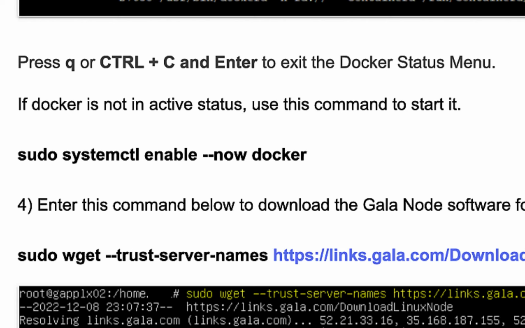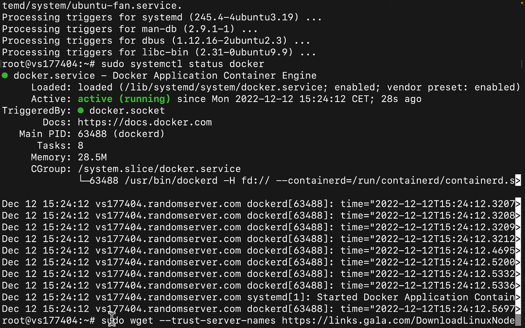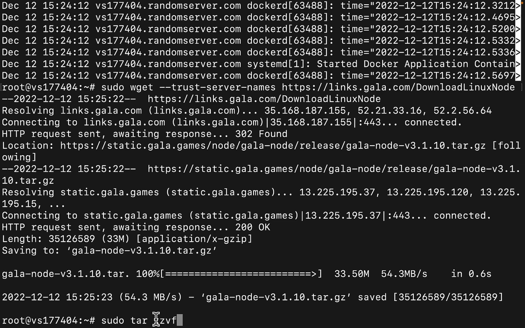Now that our Linux is up to date and our Docker software is running, it's time to download the node software. To do that, go ahead and copy and paste this command starting with sudo wget. Before we install the software, it needs to be extracted. Depending on what the current version of the node software is, this may be a two-part copy-paste job. First, we need to copy the first part of the command from the instructions, sudo tar xzvf. Be sure you get the space after the F. Then, in order to make sure we're extracting a correct file, let's copy the file name that Linux is telling us we just downloaded. In this case, it's gala-node-v3.1.10